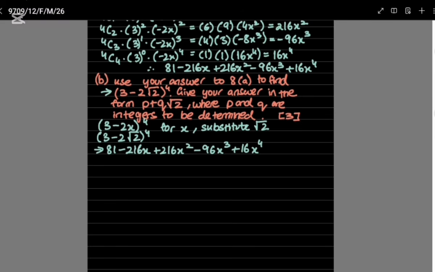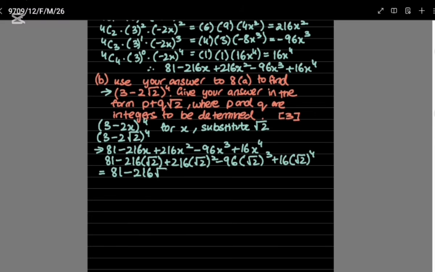So we substituted over here. Okay, so 81 minus 216 times root 2 plus 216 times (root 2) squared minus 96 times (root 2) whole cube plus 16 times (root 2) to the power of 4. Now what does this give you? This simplifies to 81 minus 216 root 2, plus 216 times 2, because the radical and the square cancel out, so that gives you 432 minus,